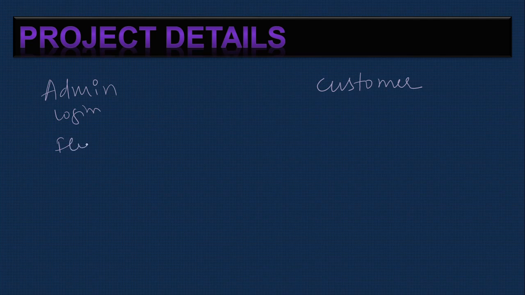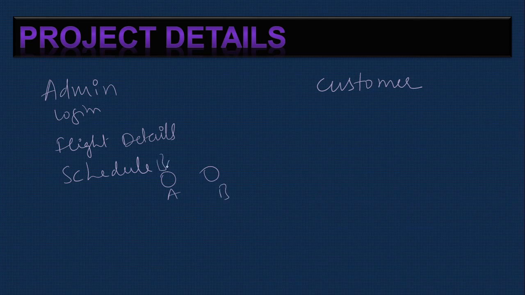Here you have flight details, which are the flights you have. Then there is the schedule, where it will go, when it will go from place to place, A to B. So Bangalore to Mumbai, or Bangalore to Delhi, or Delhi to Mumbai. So the scheduling is to be done: what time, what date, which flight will go.